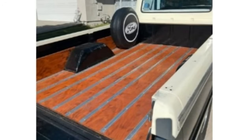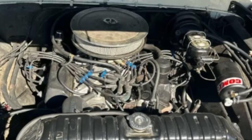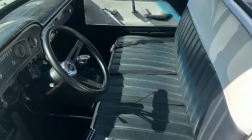Inside, the black and white bench seat, new carpet, and headliner make the cab feel refreshed and welcoming, though the rear headliner section will need replacement. The wood bed is custom built, and it's topped off with a new spare tire complete with a classic Ford branded cover. For a nearly 60-year-old truck, this F100 is in excellent overall condition, with very minimal rust, and the